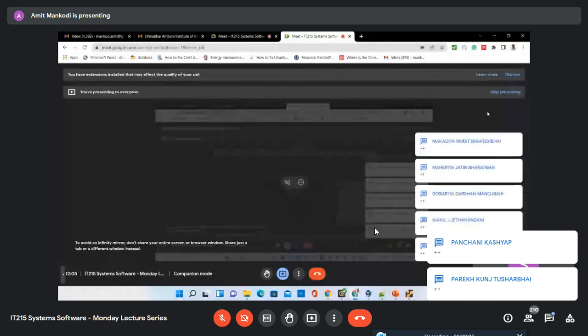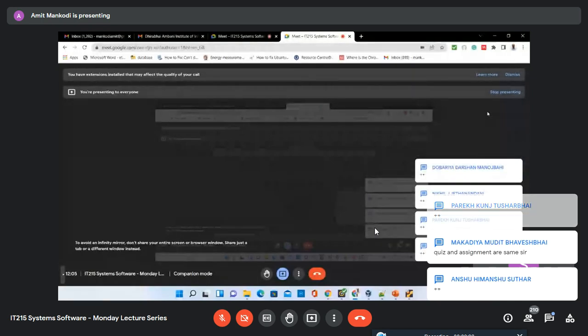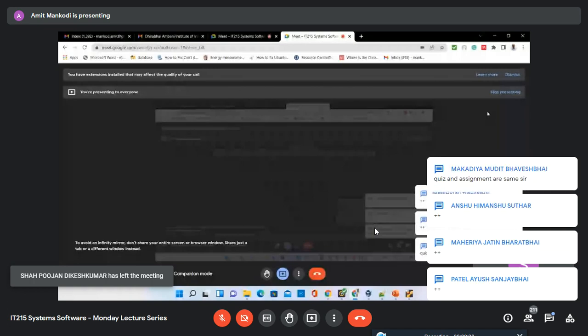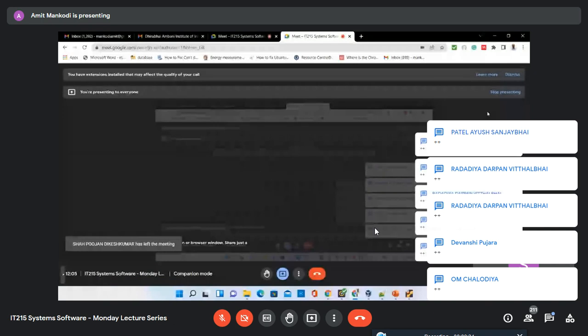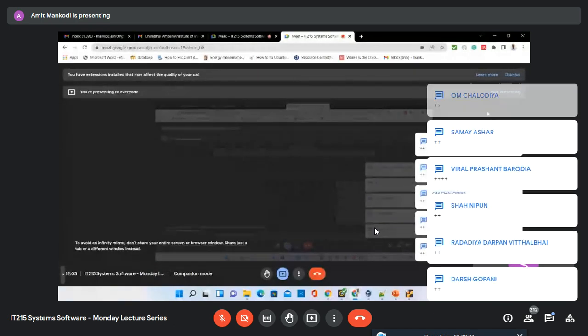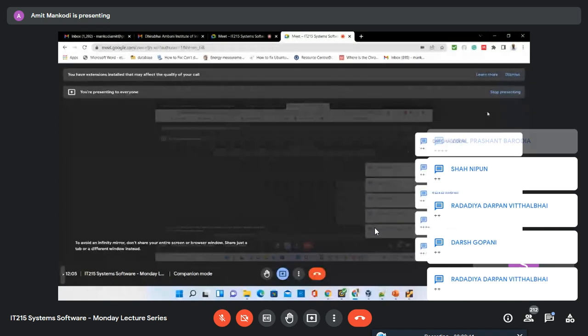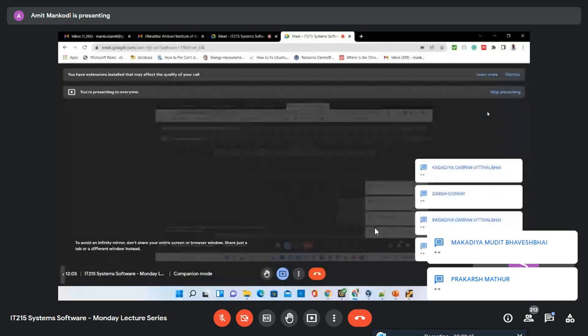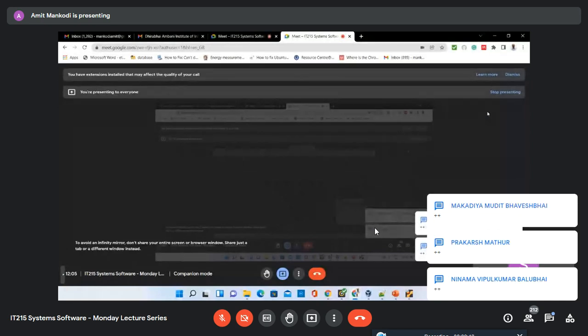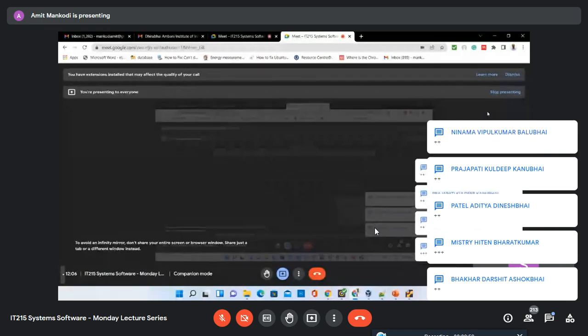See, basically, if you recall, what I'm trying to do is that the quiz allows you to practically implement certain things. That could also be included in the lab. So the lab also has lab assignments only.